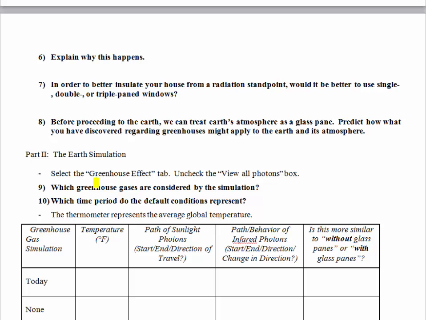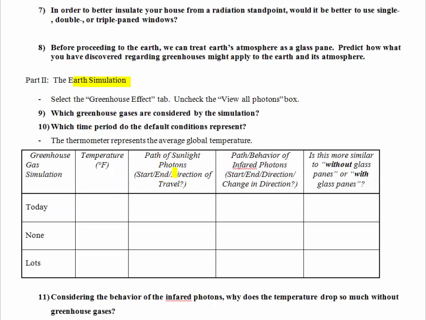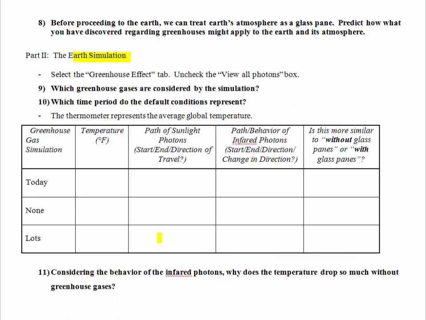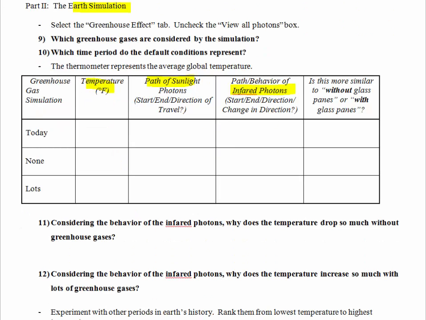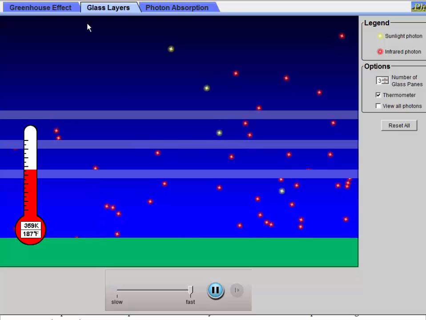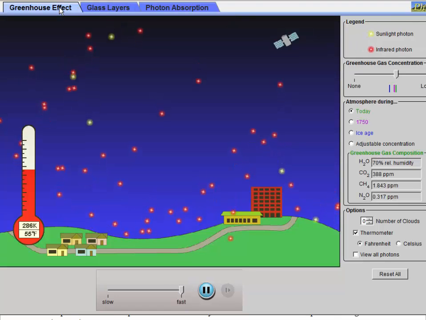So then what I have you do is switch over to the Earth, and we're going to mess around with different amounts of greenhouse gas. We're pretty much going to do the same thing. We'll pay attention to the path of the sunlight, the path of the infrared, and the temperature. So when we pop over to the simulation, you're just going to go right over here,